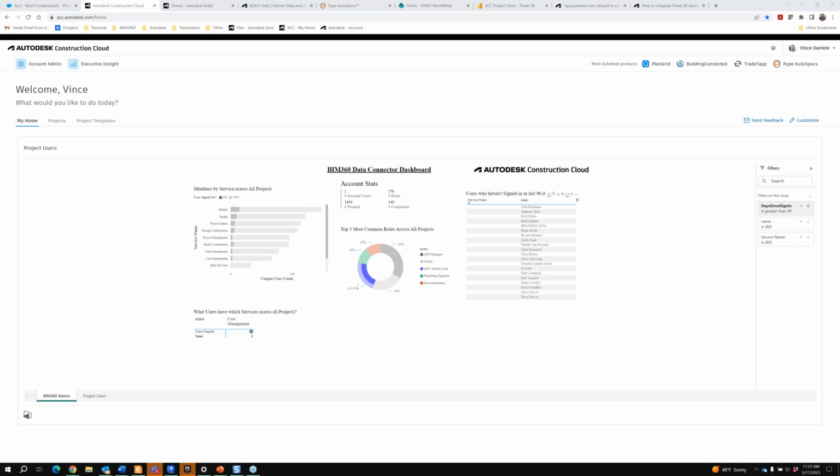I'll let you keep an eye on that if anyone raises a hand, but I guess go down the rabbit hole of the whole idea of the Power BI thing. If you have access to this now on the account level, outside of my homepage, I think I've covered what's in there thoroughly enough. But if you're interested in some of the other configurations across different dashboards, either project centric or on the account level,